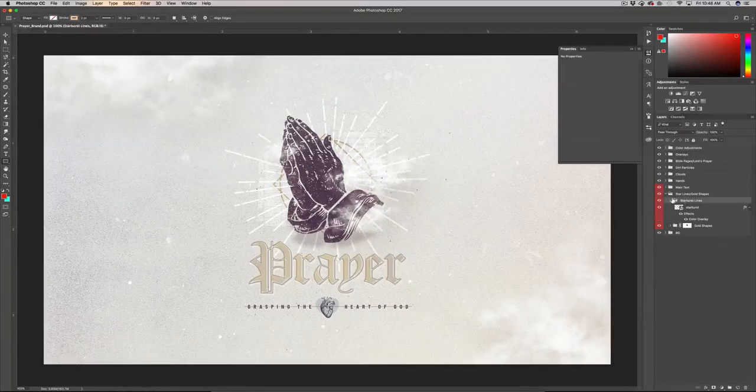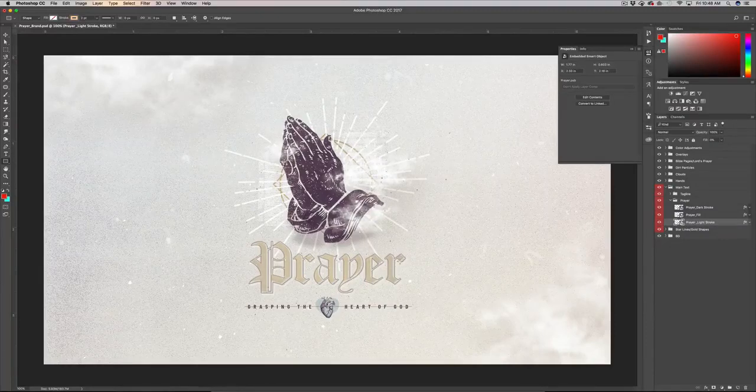And then we have, let me turn these off here. We have the main text, which in here I believe is a smart layer. I wanted to make this very easily editable without having to have 4 different layers going on to change all those texts at the same time. So you can see we have this dark stroke on the prayer. Then we have the fill, which is that kind of gold faded fill, and then another light stroke in the background, which is really hard to see, but it's in there just to create some depth and interest